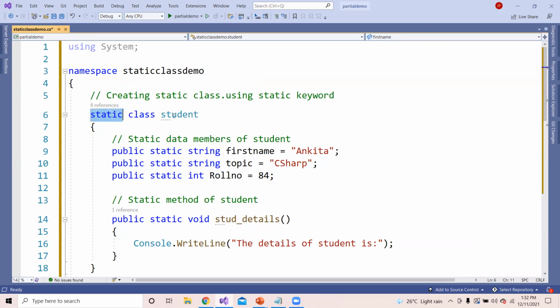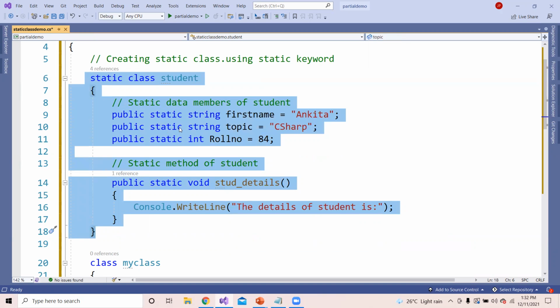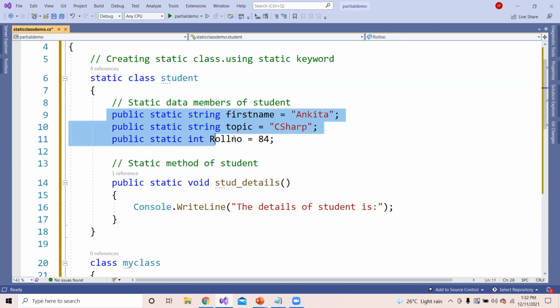We are adding a static keyword for the student class. That means, as per the rules of the static class, I can create only the static members and the static methods. So here we are having static string first name, static string topic, static int roll number. We are setting certain values here.